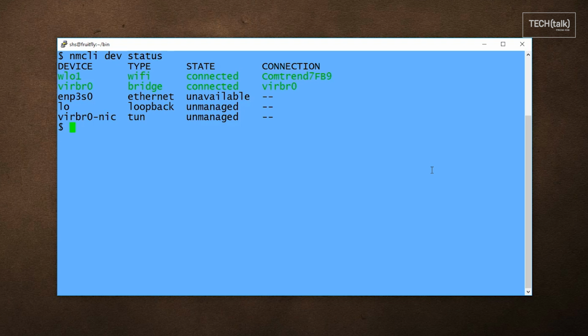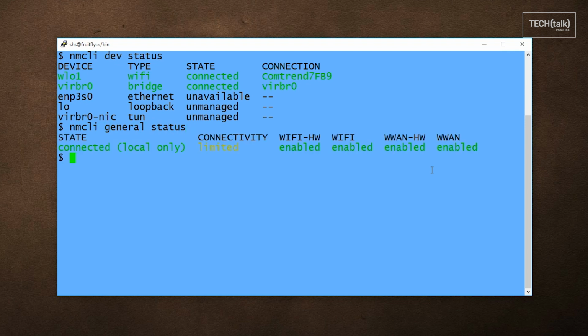This output shows the system's Wi-Fi connection along with its bridge, that's used for local connections through hardware addresses, along with other connections either not in use or not managed by Network Manager. Another view of network connections that shows what type of connections are enabled is like this one. You can see all the Wi-Fi enabling messages right there.